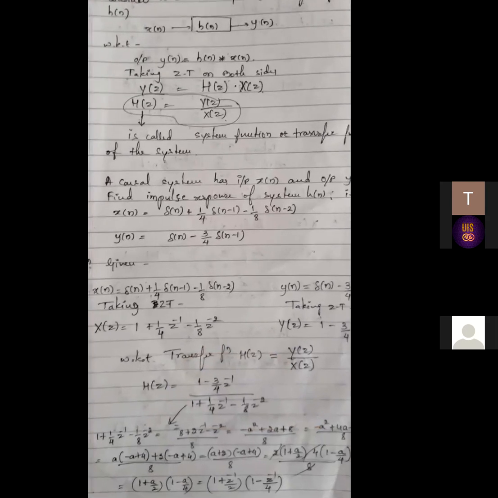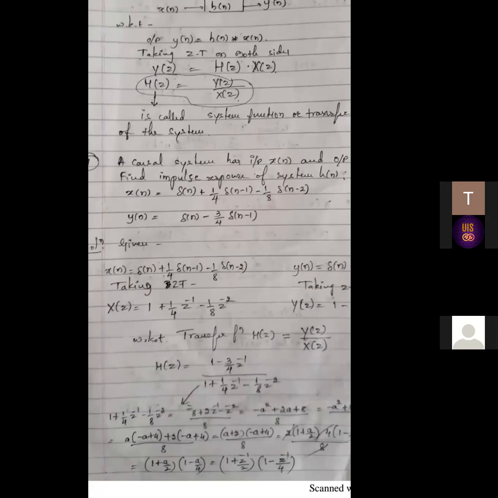So you just see here, I'll just zoom it out. I have calculated. This is your equation given. What I have done, I have taken the LCM. Then whatever z inverse is there, I have substituted it as A. So it will be minus A square plus 2A plus 8 divided by 8. Then you should multiply 8 and minus 1. If you multiply, you should get minus 8. If you add, you should get 2. So how is it possible?